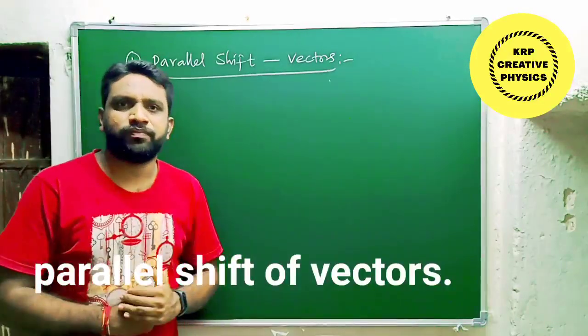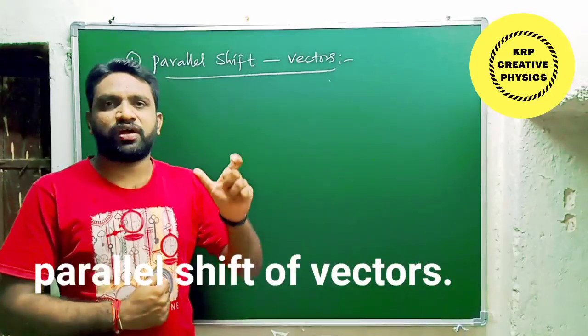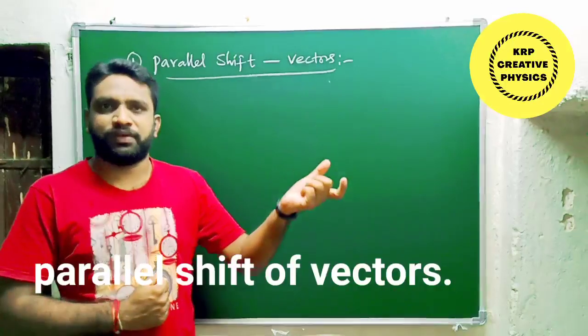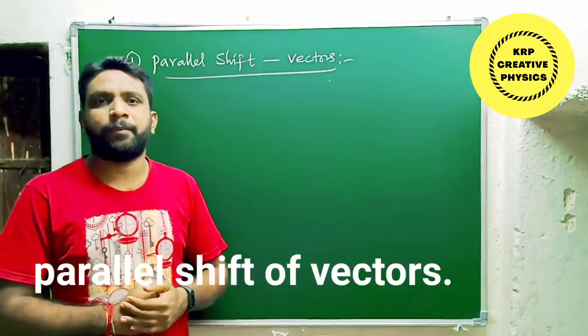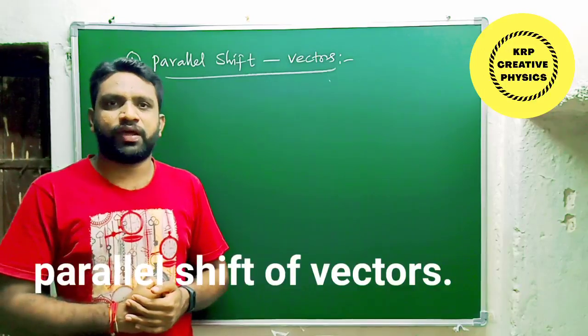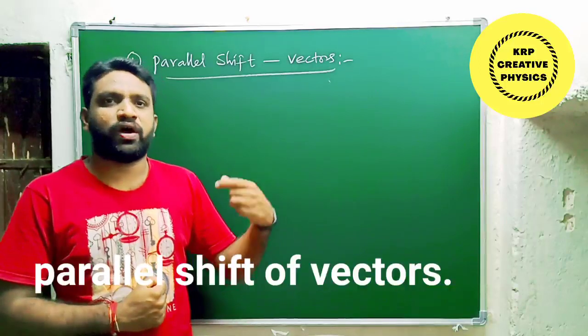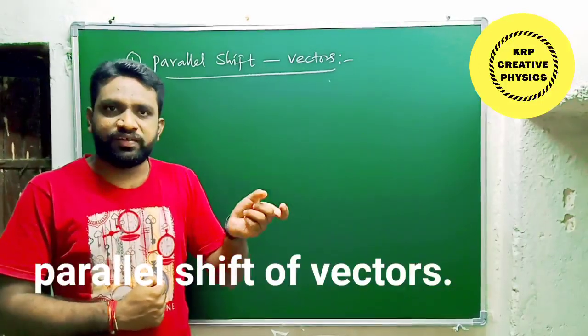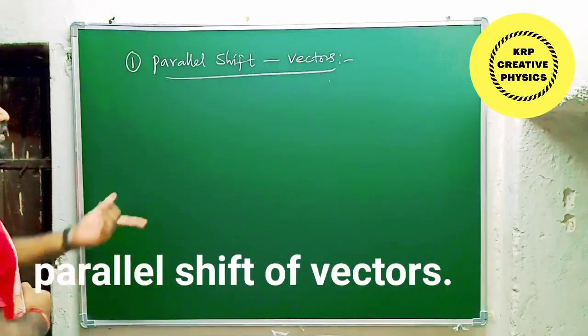It is very simple. What is meant by parallel shift of vectors? Changing the position of a vector from one place to another place without changing its magnitude and direction is said to be parallel shift. Once again I am repeating here, changing the position of a particular vector from one place to another place without changing its magnitude and direction is said to be parallel shift. So let's